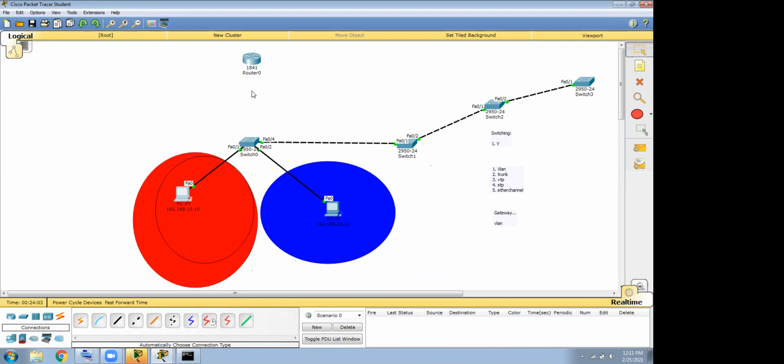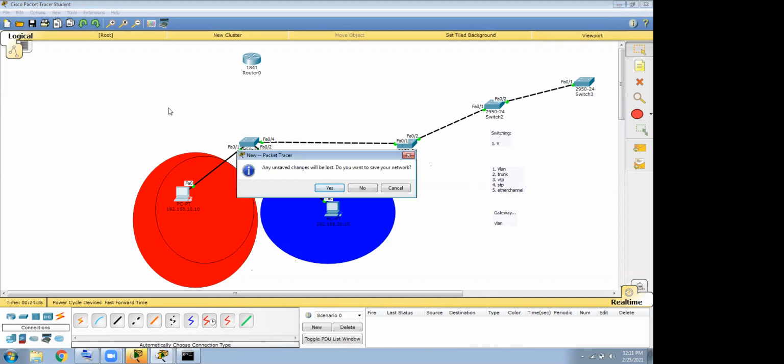So the solution is that you need to purchase a router on every floor and have separate gateways. So it will be very costly. This router on a stick was the solution before something else came into the picture. One thing we understand: if VLAN 10 wants to communicate with another VLAN, then you require layer 3, you require routing there. So this solution was costly. That's why